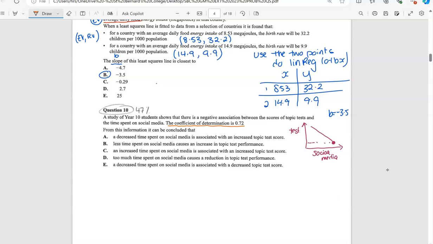So they told me the coefficient of determination is 0.72. Just be careful. I always like to write straight away that's R squared, not R, so I don't get confused. Because I know it's a negative association, my R value will actually be negative. And when you square it, of course, all coefficients of determination, or R squared values, are positive because it's a negative times a negative. All right, so now when we read through it,